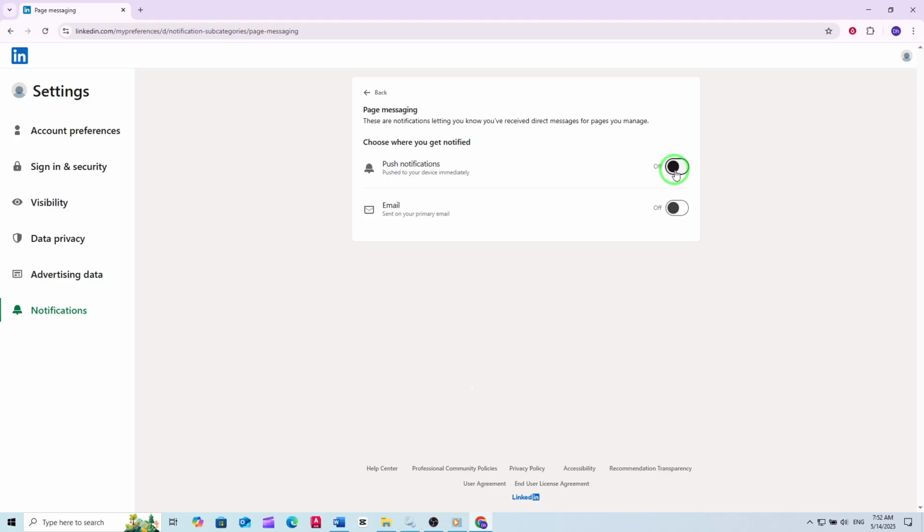And that's it! You've now successfully disabled push notifications for page messaging on LinkedIn. You'll still receive other important notifications as configured, but page messaging alerts will no longer pop up and interrupt your workflow. If you ever want to turn these notifications back on, just follow the same steps and switch the toggle